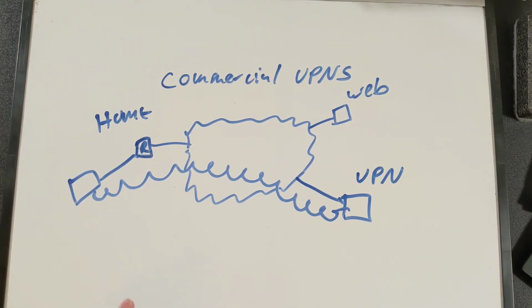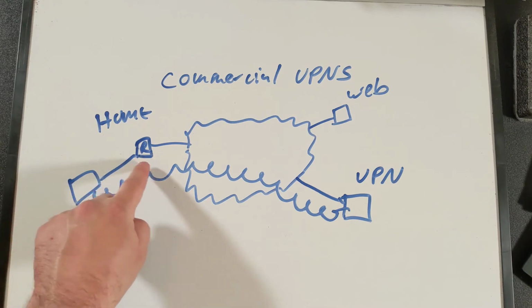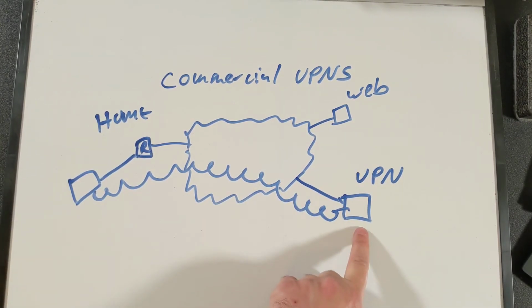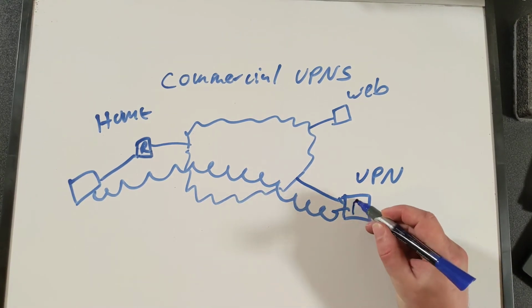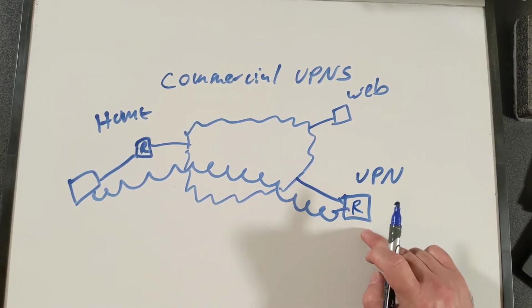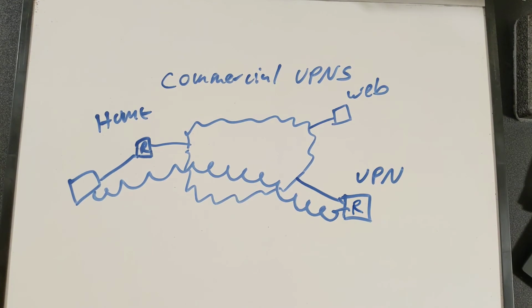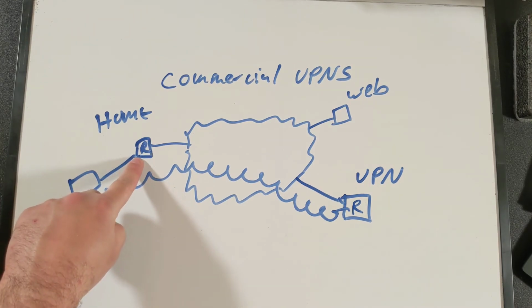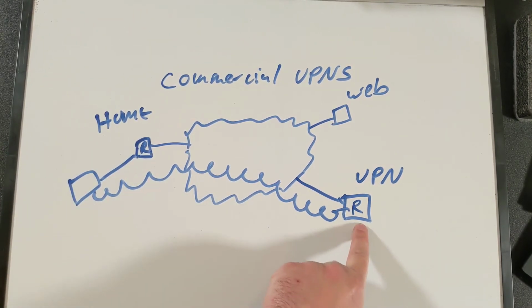And so now instead of your request going through your home router to this web server you want to access, it goes through this VPN server, which acts as a replacement for your router, over to this web server that you want to access. So functionally, there's not really any difference. Instead of going through a home router that's going to do network address translation, it's going through this VPN server that's going to do network address translation.